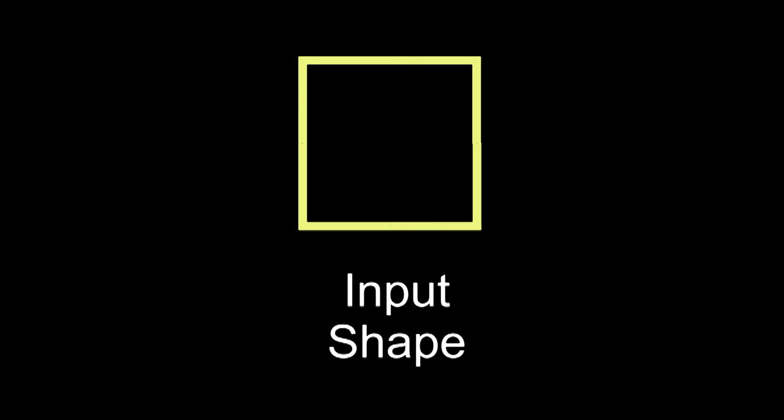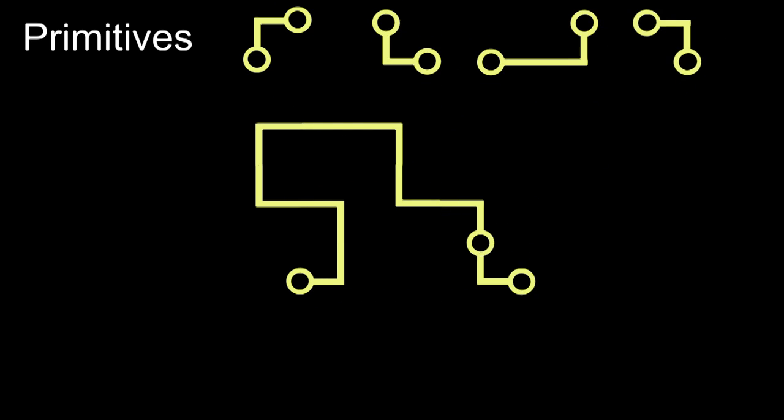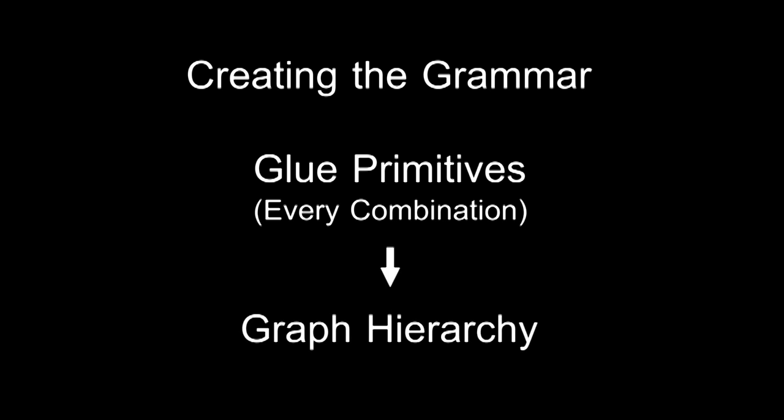We begin with an input shape. We cut every edge in the input into two half edges. We're left with a set of basic building blocks that I call primitives. We glue the primitives together to form larger graphs. We consider every possible way that we can glue these primitives together, and we save the results in a graph